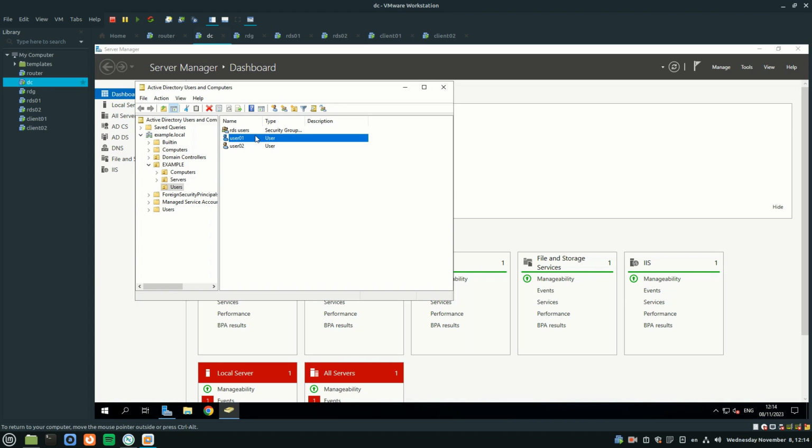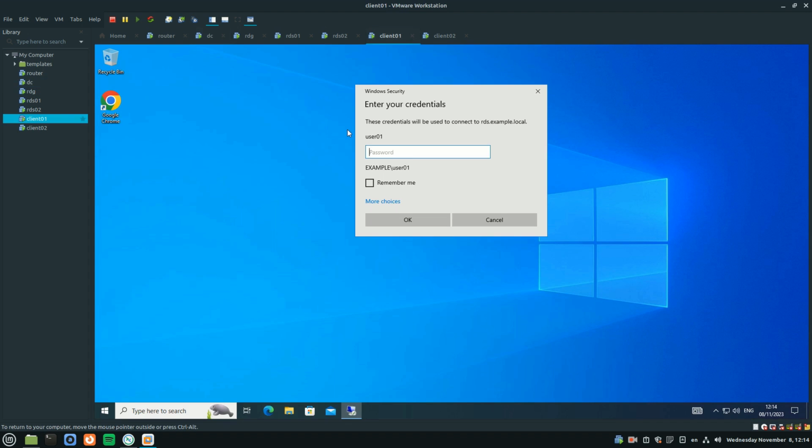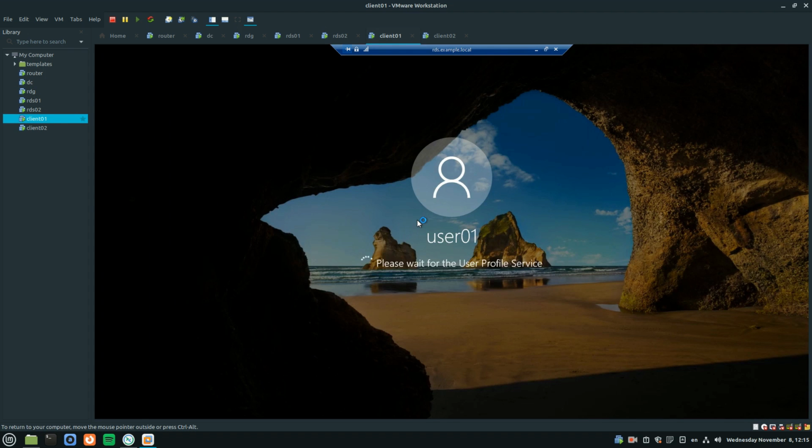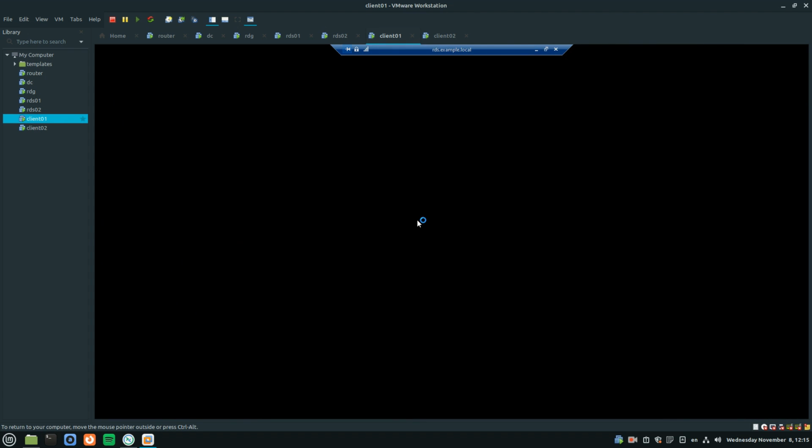We will try to connect with user 1. Enter the password. OK. And we connected successfully. No certificate warnings.